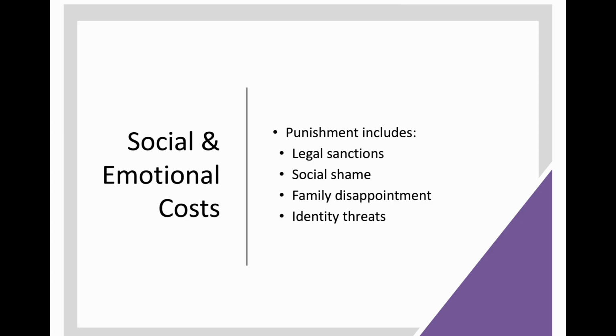This insight helps us to bridge deterrence theory with other criminological perspectives. For example, social control theory emphasizes attachments and social bonds. Labeling theory emphasizes stigma and identity. Procedural justice emphasizes legitimacy, and social learning theory emphasizes peer reactions. Emotional deterrence partially overlaps with all of these perspectives, and this is one reason modern criminology increasingly integrates theories rather than treating them as completely isolated.